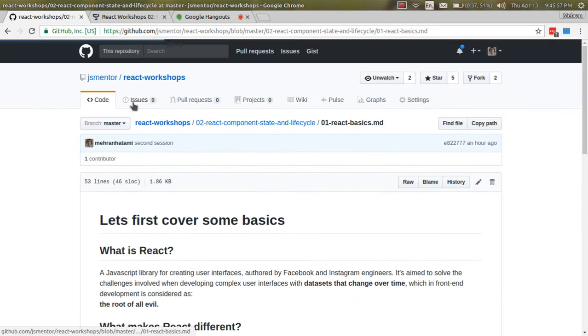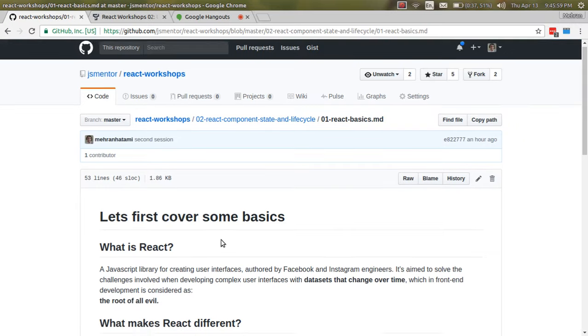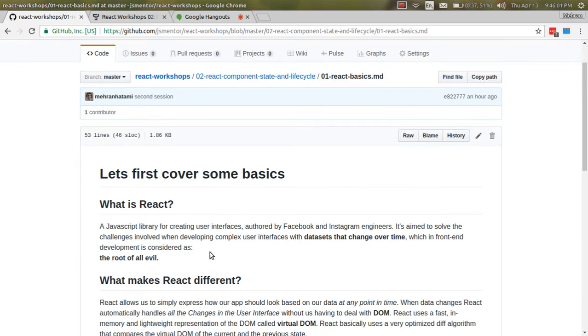But before we get started, before we dig into the interesting part, which is about lifecycle, I just want to have a quick review about React